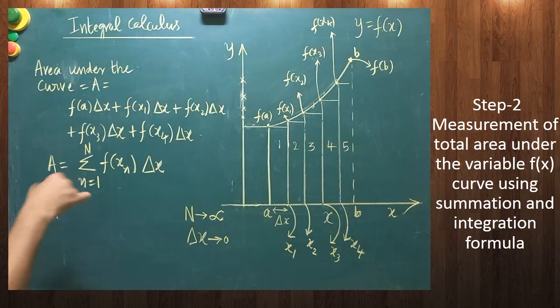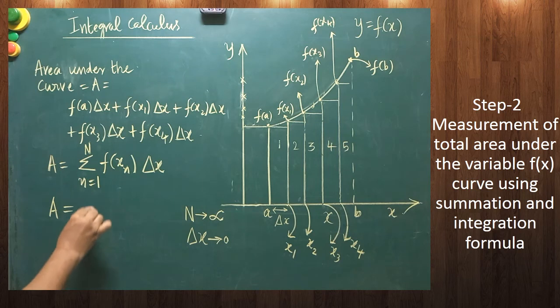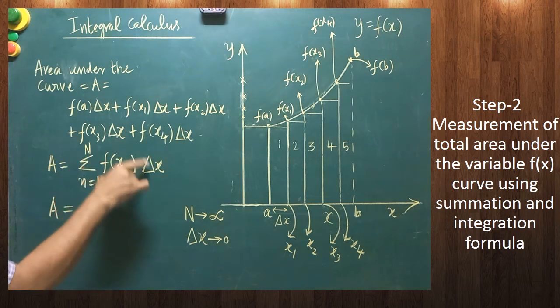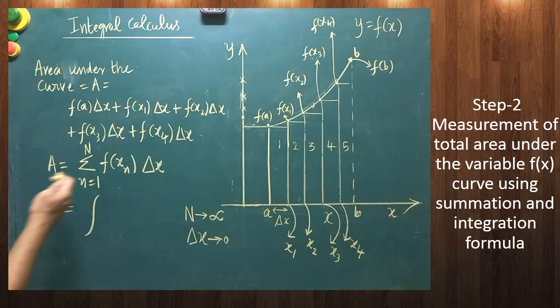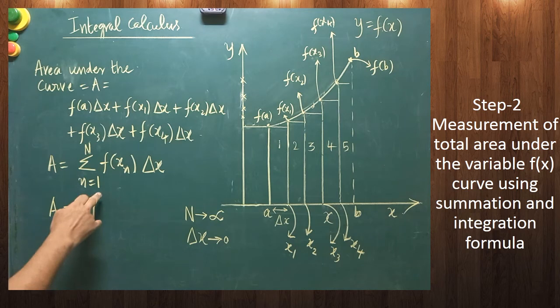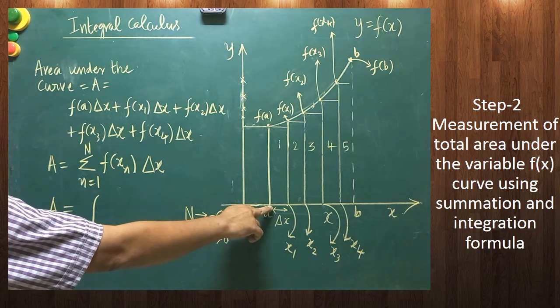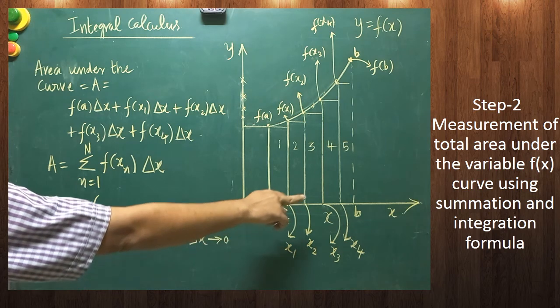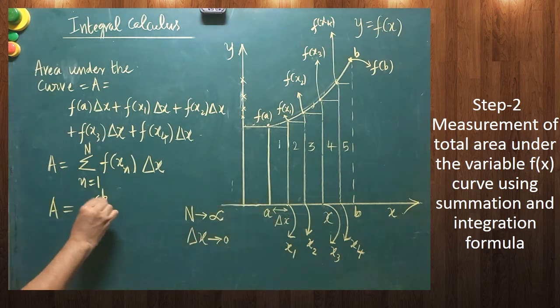Now this summation form is going to be converted into an integration symbol. Now for the first time in your career, you are going to see the symbol called the integration symbol. This entire summation is nothing but integration. Now everything is to be integrated. Integration means summation. For that we have to apply the limit. So this is called the integration symbol. What is the lower limit here? Our calculation starts from A and ends at B. Therefore, the lower limit is A, the upper limit is B.